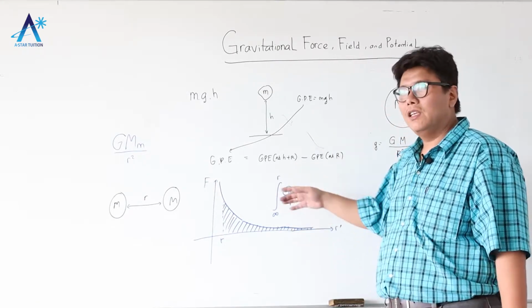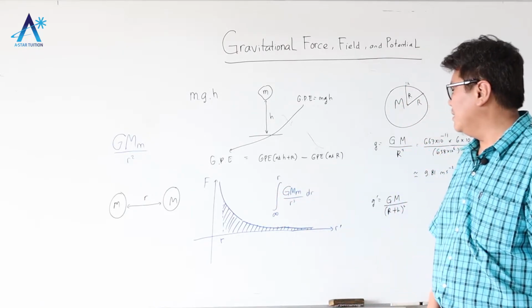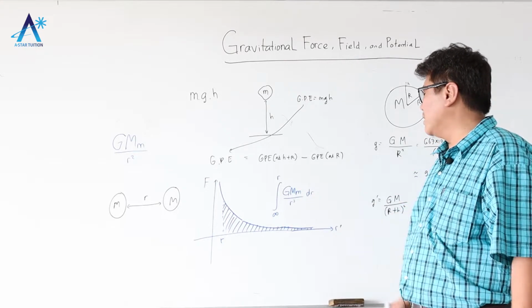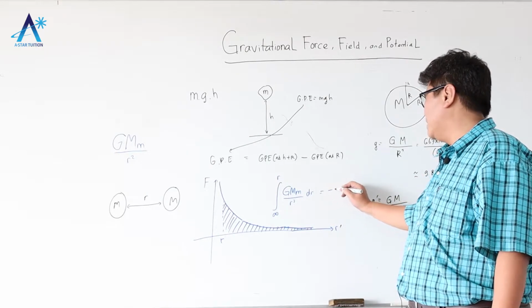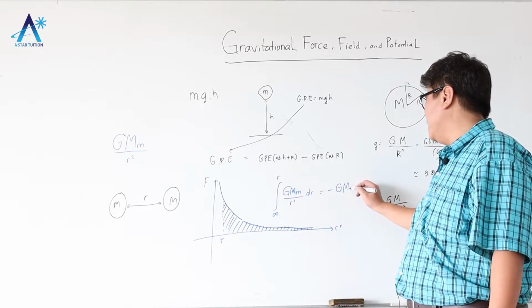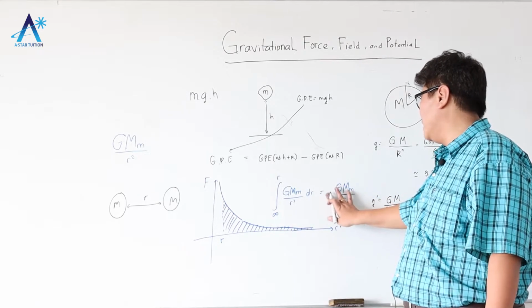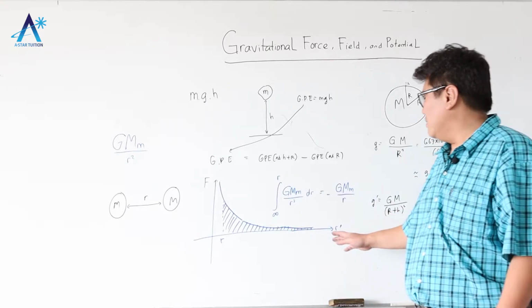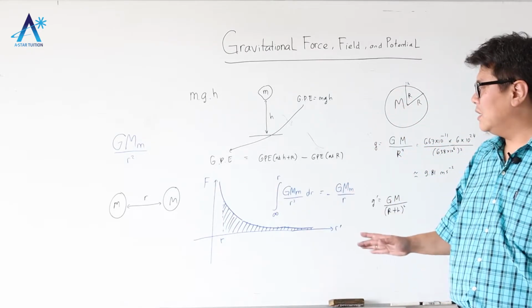What you need is the final answer, because this requires calculus. If you integrate, the answer is going to give you minus GMm over r. This is the work done by the gravitational force